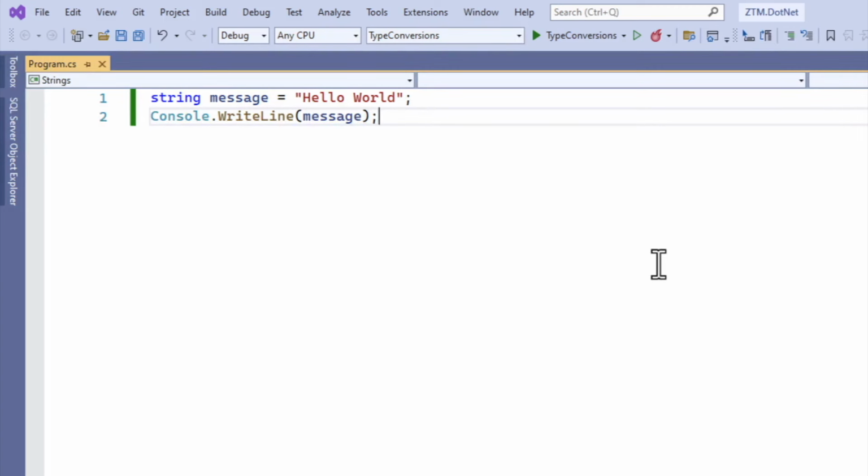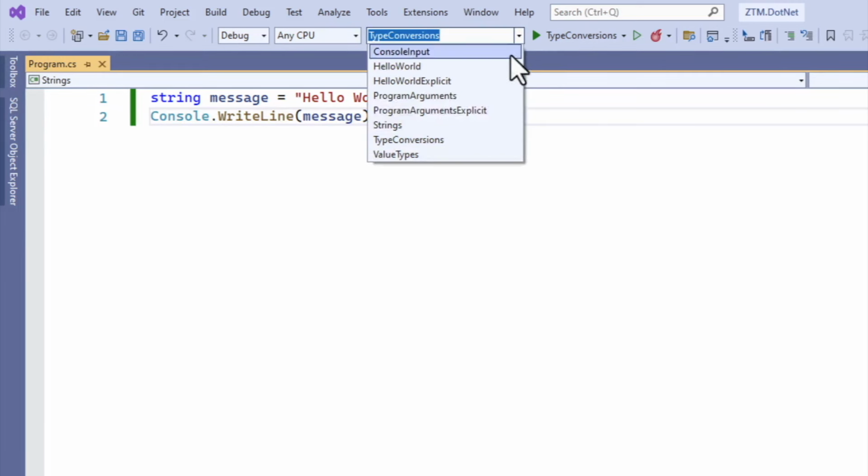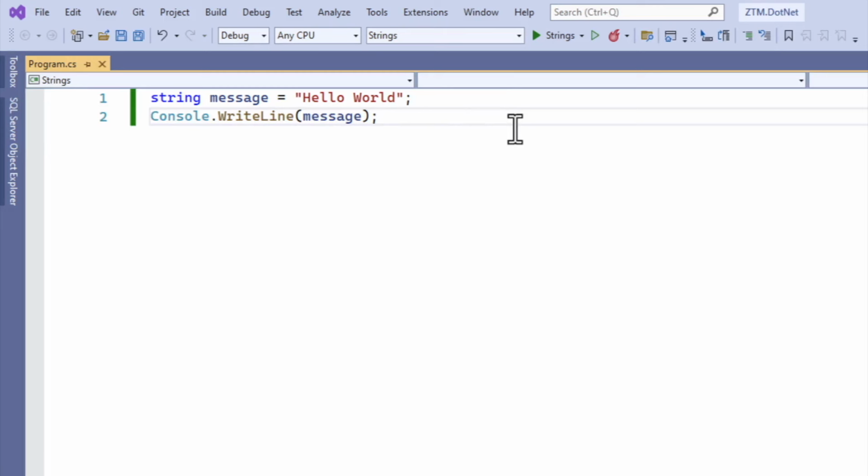Previously, we did the same with value types such as integers. While that also worked, it internally converted the value of an integer to a string before printing it on the console. Whenever we have a text between double quotes, it's a string literal that can be used wherever a string